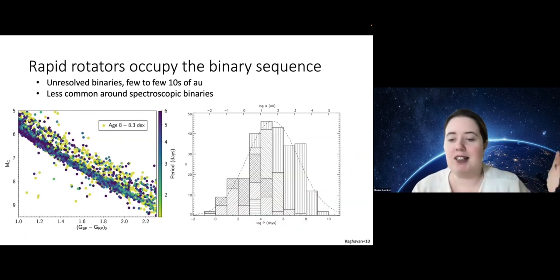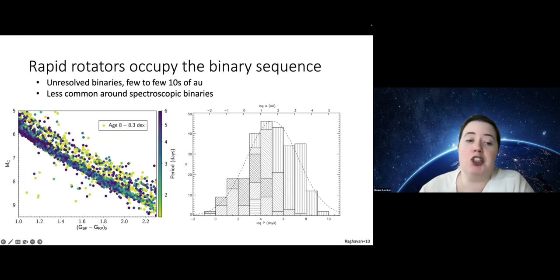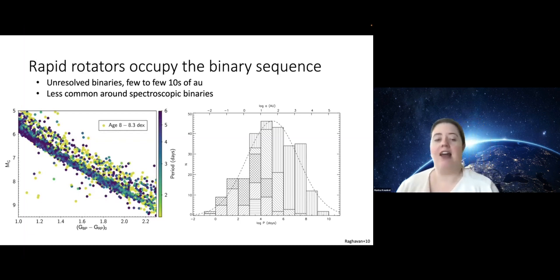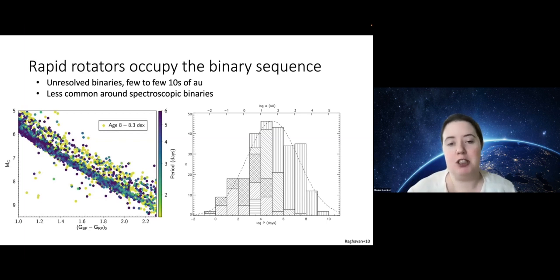Except it doesn't quite work out, because here is the distribution of the period of separations for a binary for all binary stars. Most common separation that you would have is around 30 AU, or it would have a period of around 500 years. To create these rapid rotators to be tidally locked, you would be looking at just this tail end of the distribution. So there wouldn't be enough of these short period systems to account for the ubiquitous nature of these rapid rotators along the binary sequence. So you need to have a lot of unresolved binaries with longer separations.